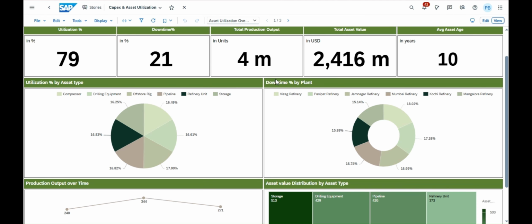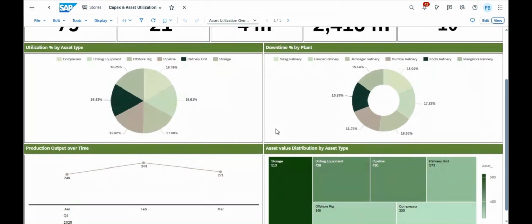Next, the downtime percentage by plant donut chart compares downtime performance across refineries, including Vizag Refinery, Panipat Refinery, Jamnagar Refinery, Mumbai Refinery, Kochi Refinery, and Mangalore Refinery, enabling teams to monitor operational disruptions plant-wise. The production output over timeline chart tracks production trends across months and quarters, helping organizations monitor operational productivity and output